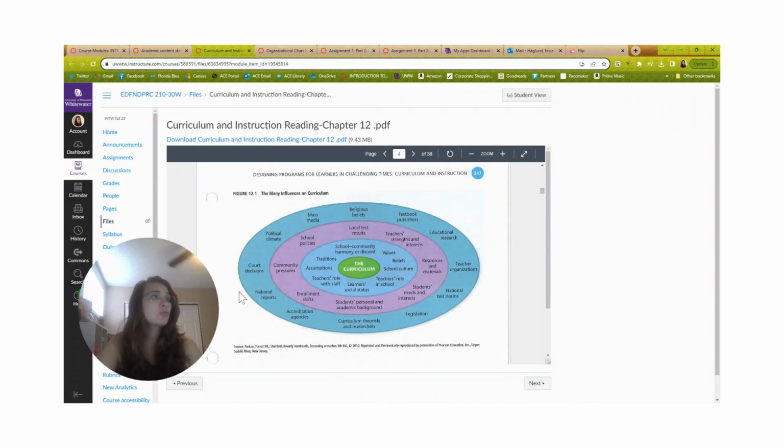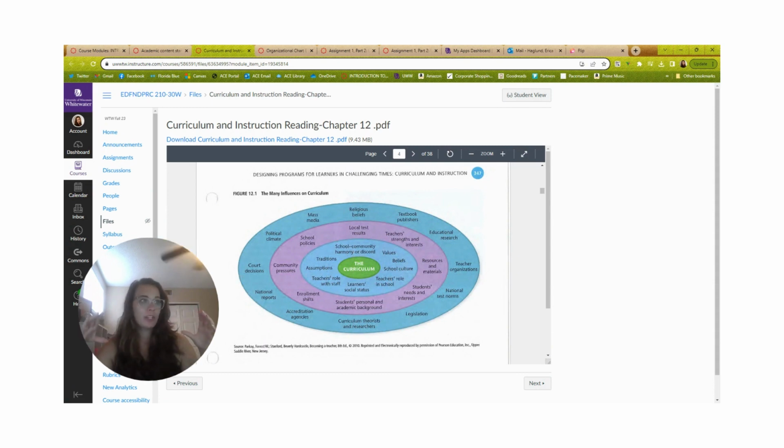So there are some really great graphics in this chapter that I really like for the impact of curriculum and what completely impacts it. So you'll notice things start out here and they move in and they move in. So the teacher's role, the learner's social status, the teacher's role within staff, traditions, all of that, that's kind of closest.